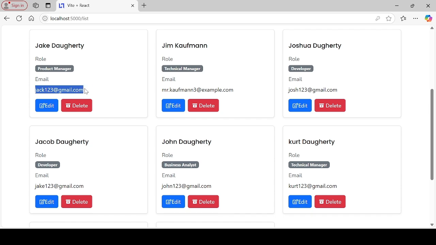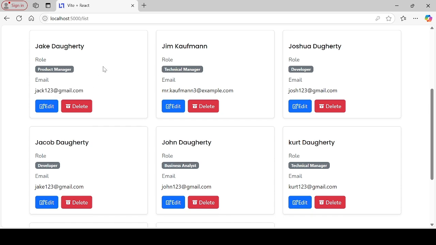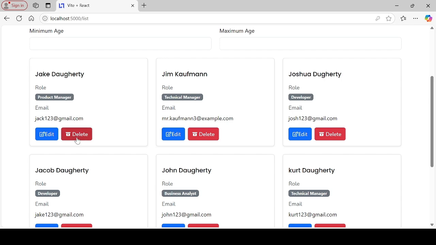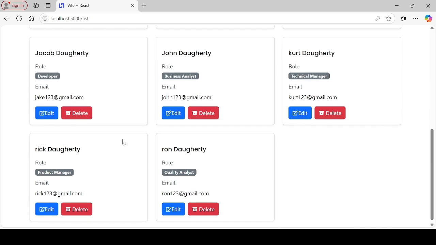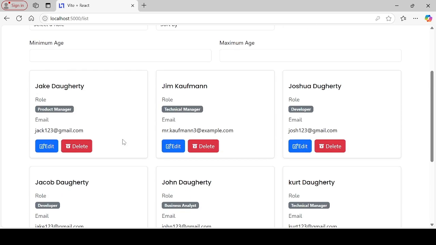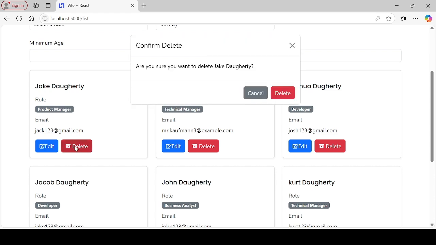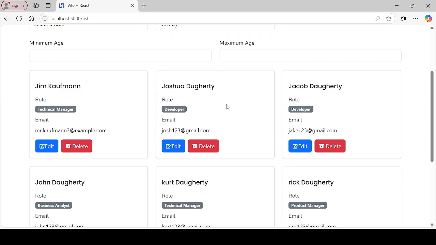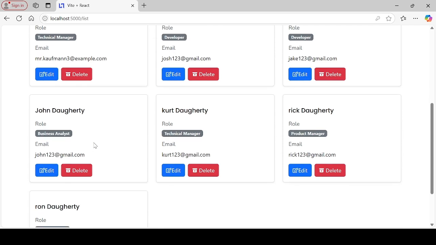Jack's email. They can also delete users. So if I want to delete a user, I'll delete the one I just made. So I'll say delete. Are you sure you want to delete Jake Darty, which is the one I just edited? It was Jack. Press delete, refresh, and Jack or Jake